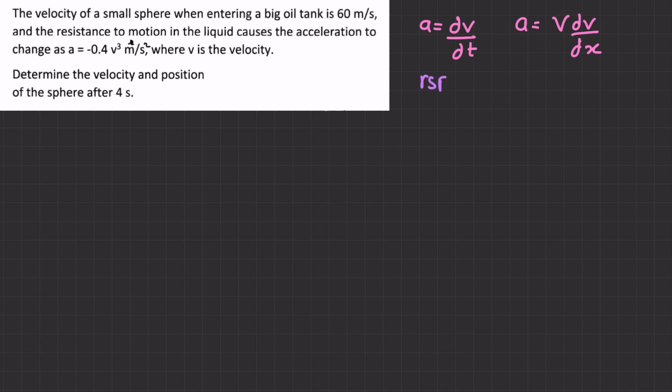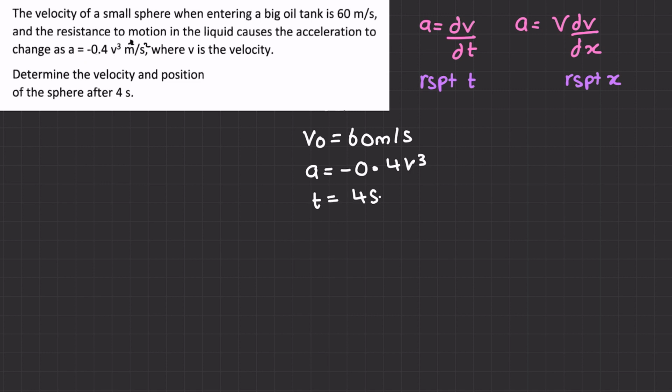This one is written with respect to t, and this one with respect to x. Now, from the question, we have our initial velocity at 60 meters per second, our acceleration as negative 0.4 v cubed, our time as 4 seconds,